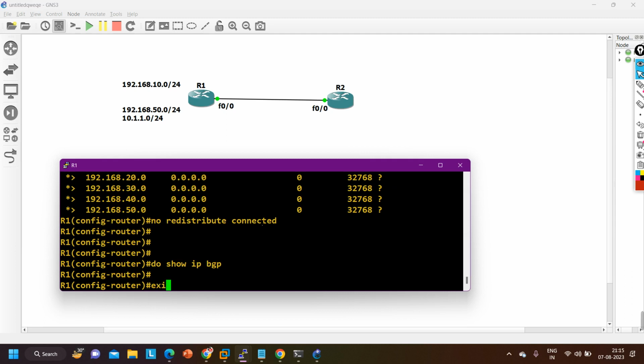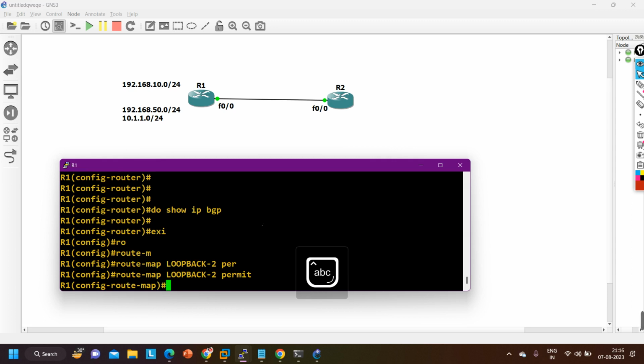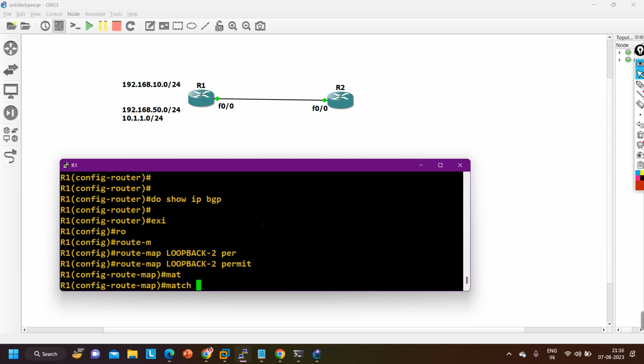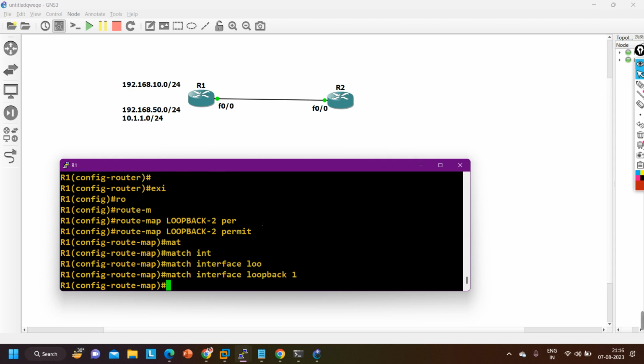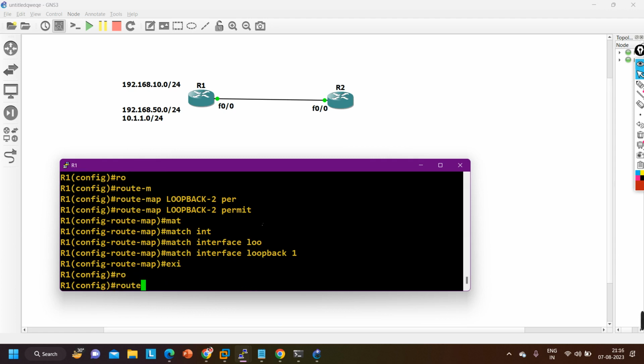Then what is the third option? The third option, guys, is again route map. The name of the route map is, let's say, loopback 2. I want to advertise only loopback 2 in BGP, and I am going to say permit. So I have created the route map. In this route map, I am going to match the loopback interface. Whatever interface you want to match here, you can match, like match interface loopback 1. So I have matched this interface, and now I am going to call this route map while